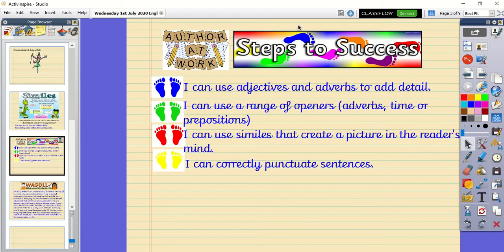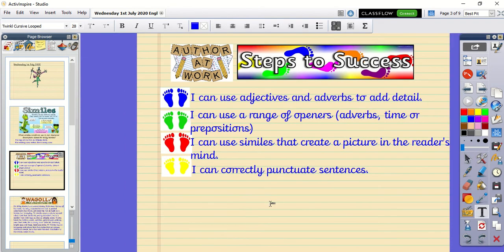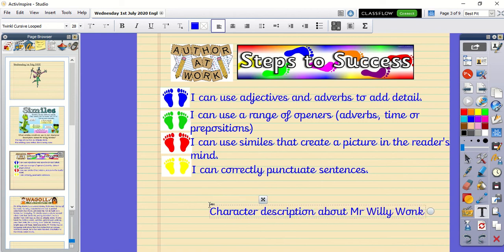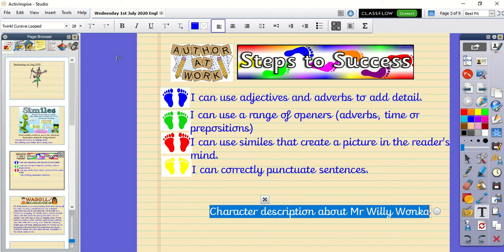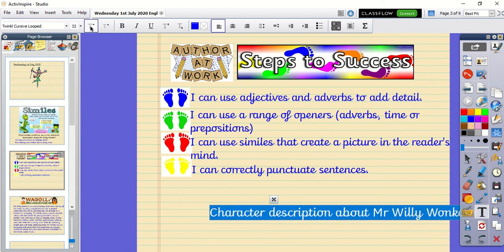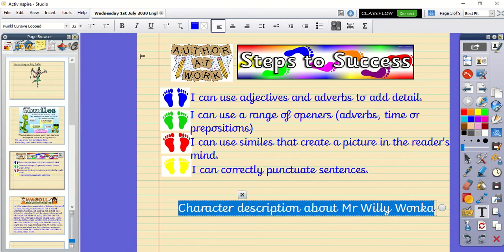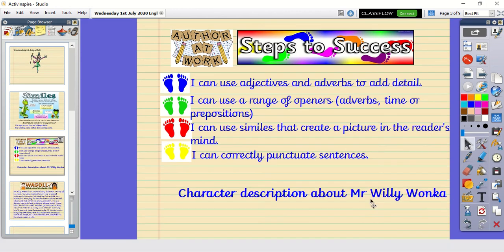Okay, so here are your steps to success today. So these are what you will complete to be successful in creating your own character description about Mr. Willy Wonka. Okay, so that is your end goal for today. You are going to create a character description about Mr. Willy Wonka.